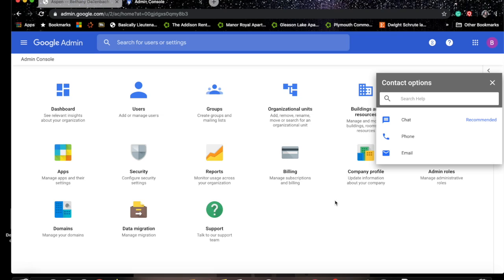The cost of G Suite? There are 3 different plans. A flexible plan, which is $6 per month per user. A business plan, which is $12 per month per user. And an enterprise plan per month per user,